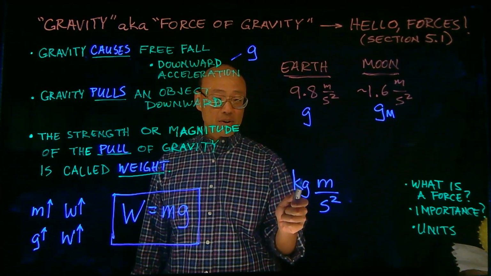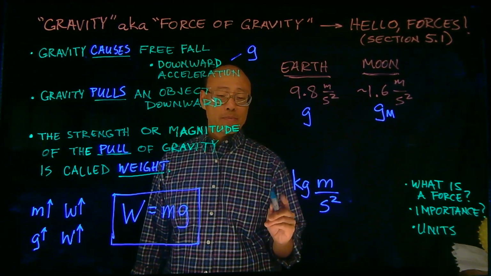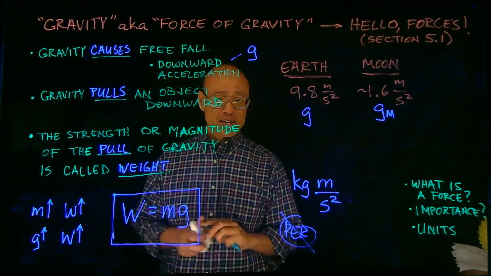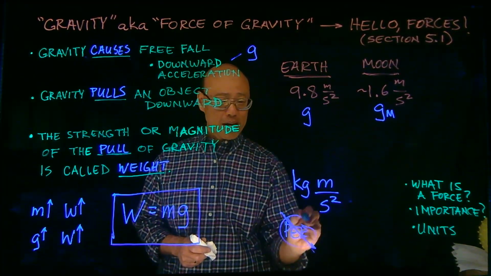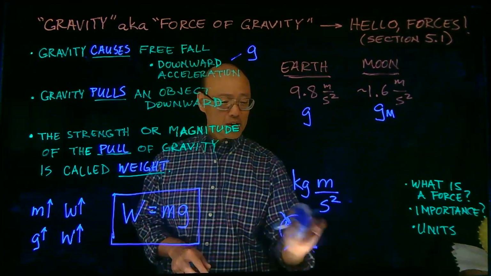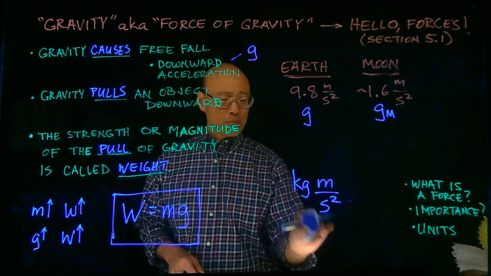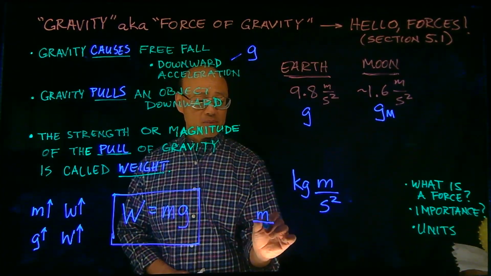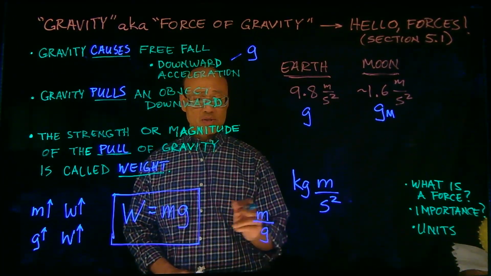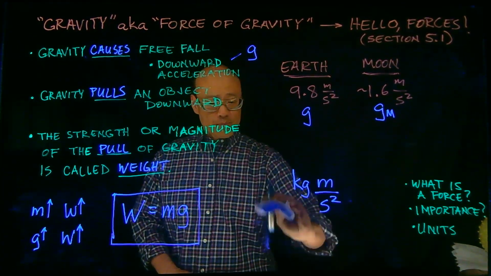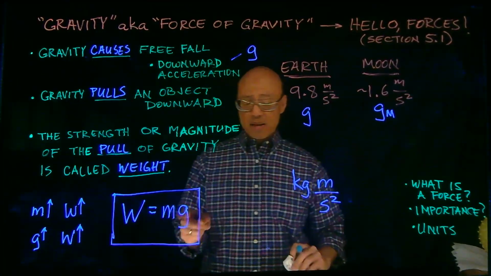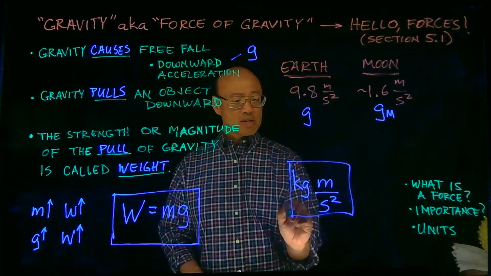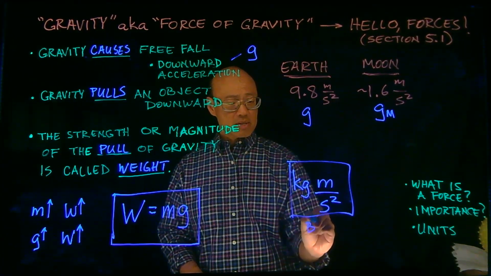Not kilogram per meter per second squared. So, no. Okay? No per. Bad. There is no per here. What would be a kilogram per meter per second squared? Mathematically, that's mass divided by an acceleration. Right? So, mass divided by g. But our math model doesn't say that. It says m times g. So, these are the base units